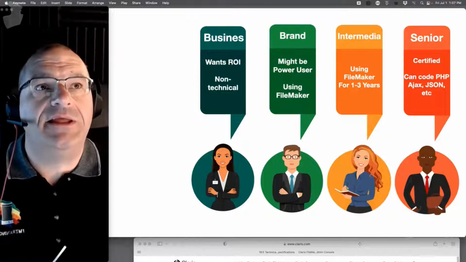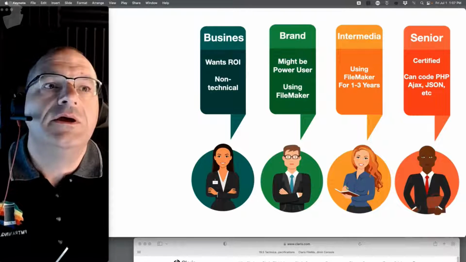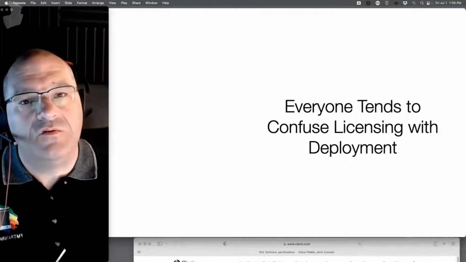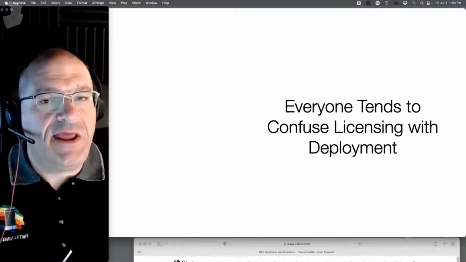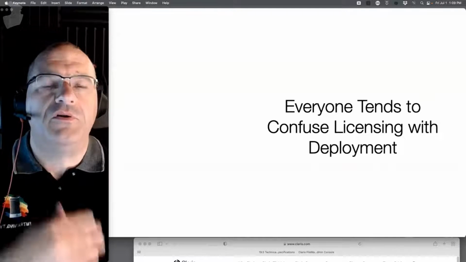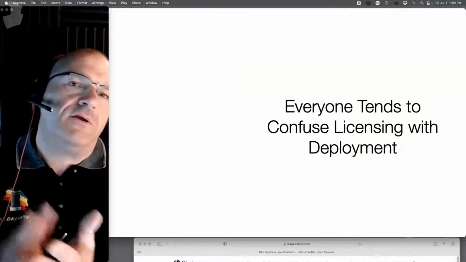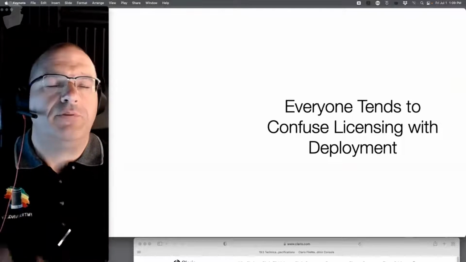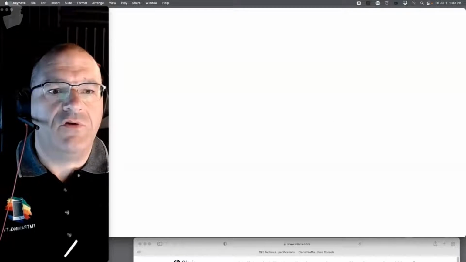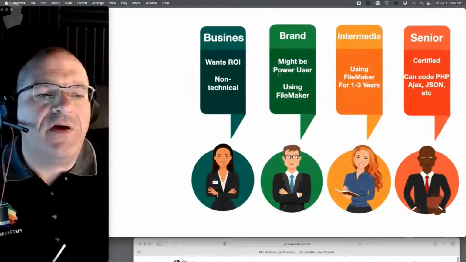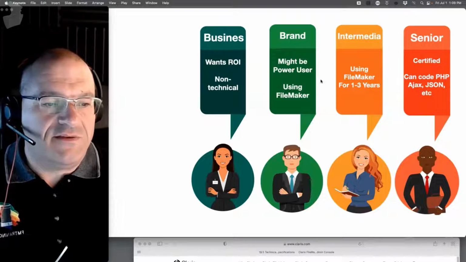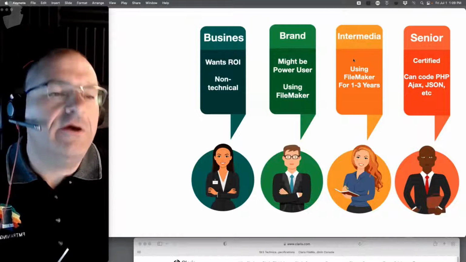And if you don't understand it, before you promise something to your customer, take a step back and get some help with it. Everyone tends to get licensing confused with deployment, okay? And deployment's an important question. And I think the big part is as you play with FileMaker, you download a copy of FileMaker, maybe you have a single copy, you're playing with it, you're running it locally. The progression of learning really is for everyone means that you build a FileMaker solution here, and a lot of beginners don't even share it with anyone yet, but somewhere in this area, probably between here and over here,